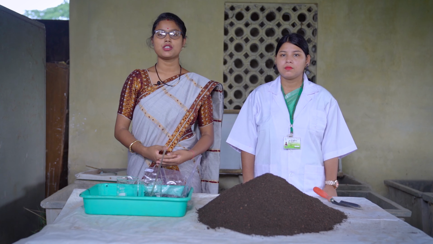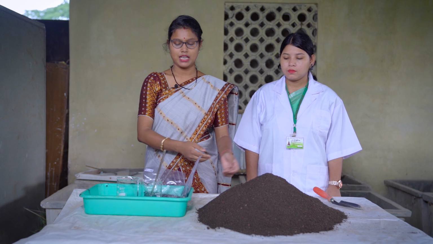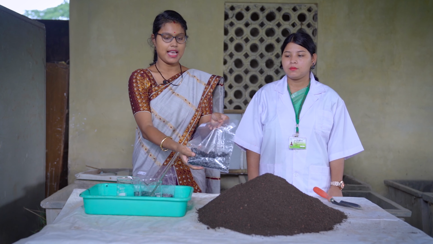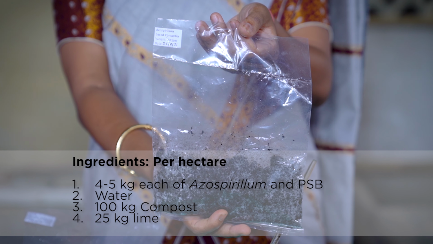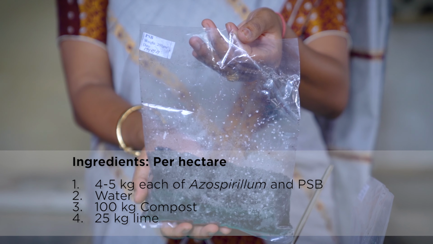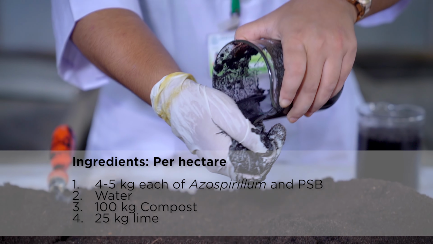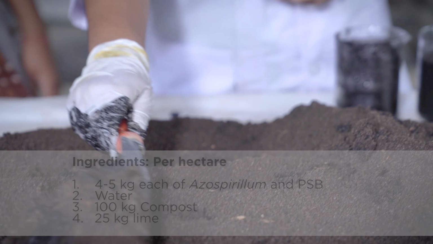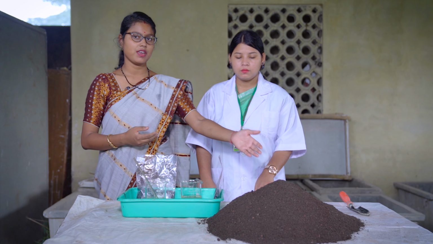Today we will demonstrate soil treatment of biofertilizers, for which we need compost and PSB and Azospirillum as biofertilizers. Generally, for 1 hectare of area, 4 to 5 kg each of Azospirillum and PSB should be mixed in 4 to 5 liters of water separately, and both the suspensions should be sprinkled over 100 kg of compost or FYM. For demonstration purposes, we are taking only 5 kg of compost